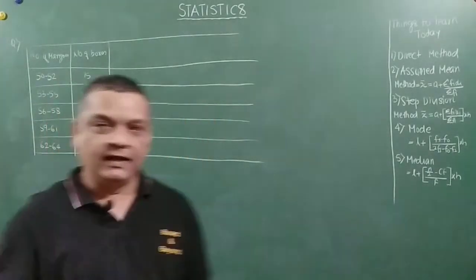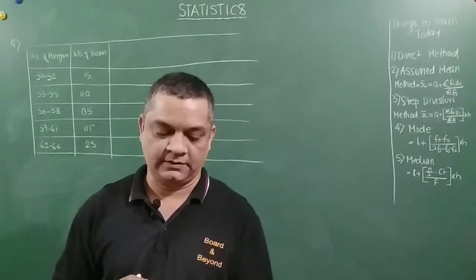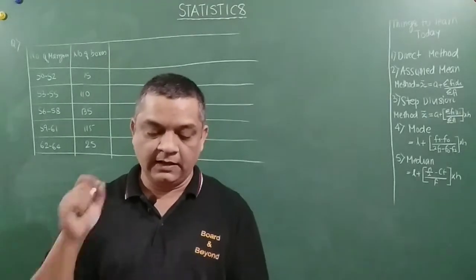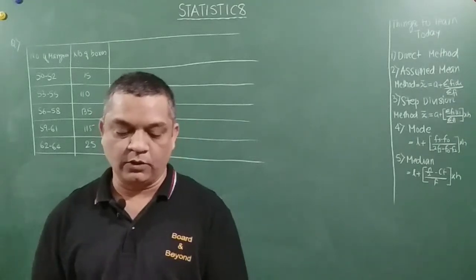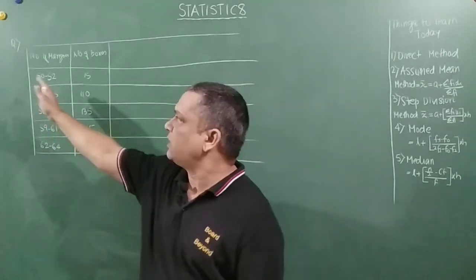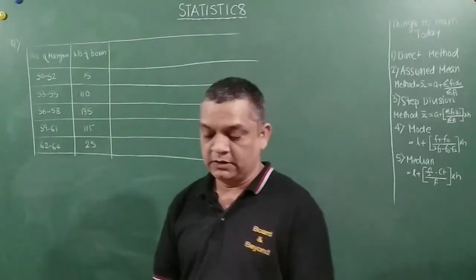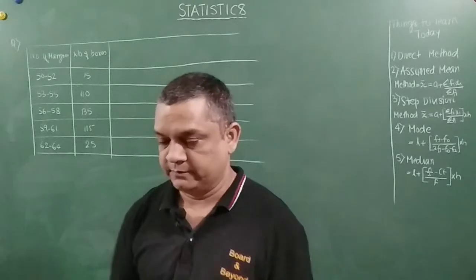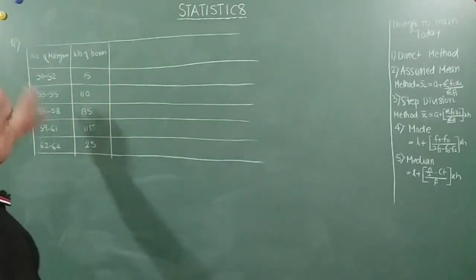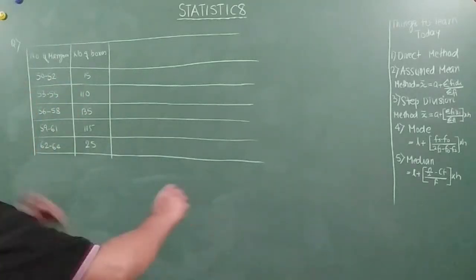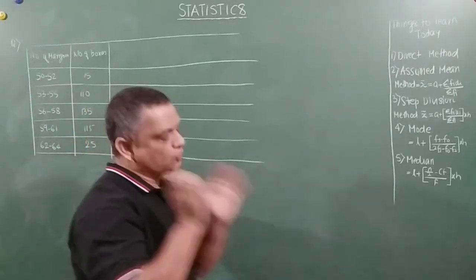It says that in a retail market, fruit vendors were selling mangoes kept in packed boxes. These boxes contained a varying number of mangoes. The below is the distribution of mangoes according to the number of boxes. So number of mangoes and number of boxes. Find the mean number of mangoes kept in the packing box. Right? So this is the problem. Now, friends, I have just taken the question like this, and we will start solving it now. So let's solve it now.